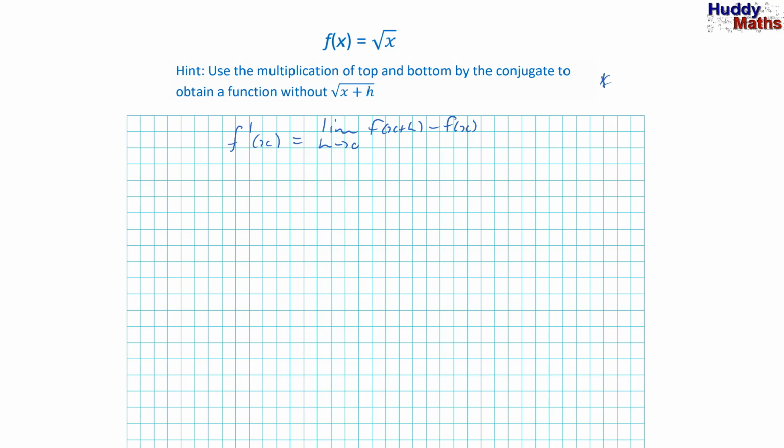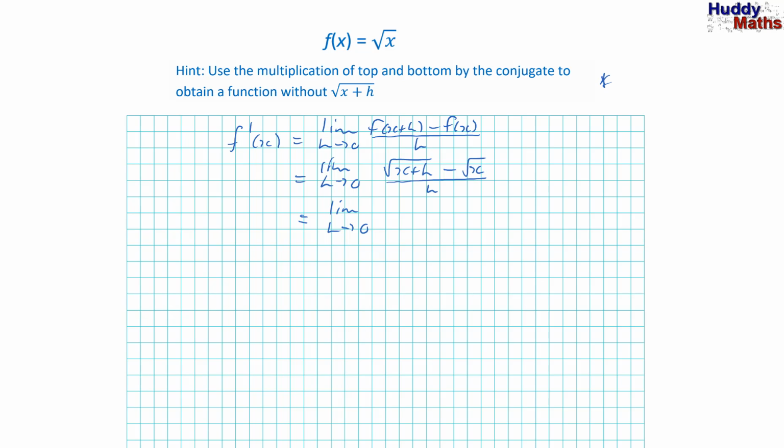Now, generally, you don't get hints, and the reason I've given you one here is that technically this function is not in the course at this year level. You are expected to be able to do it later on. So what does it come to? It's root of x plus h, take the root of x, over h. Okay, so if you have the limit as h tends to 0